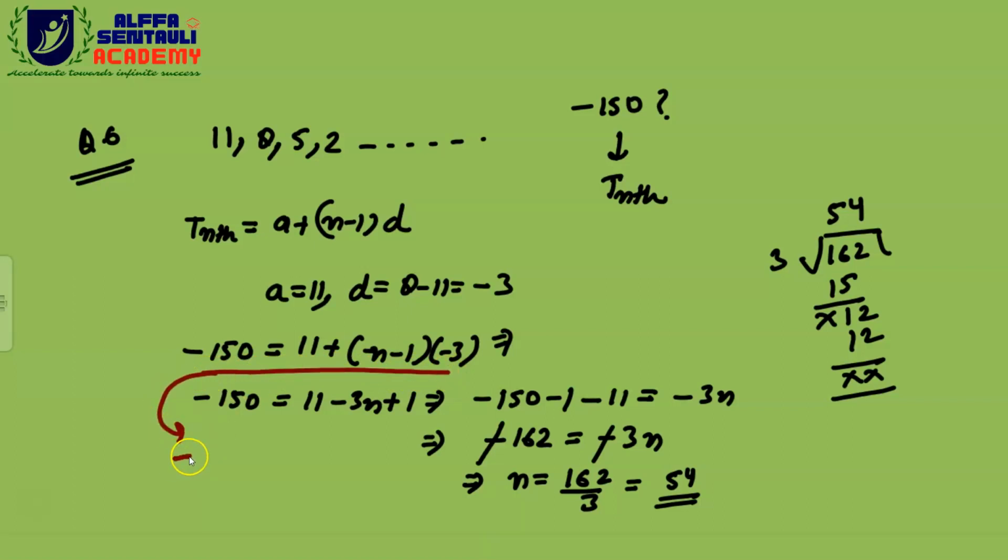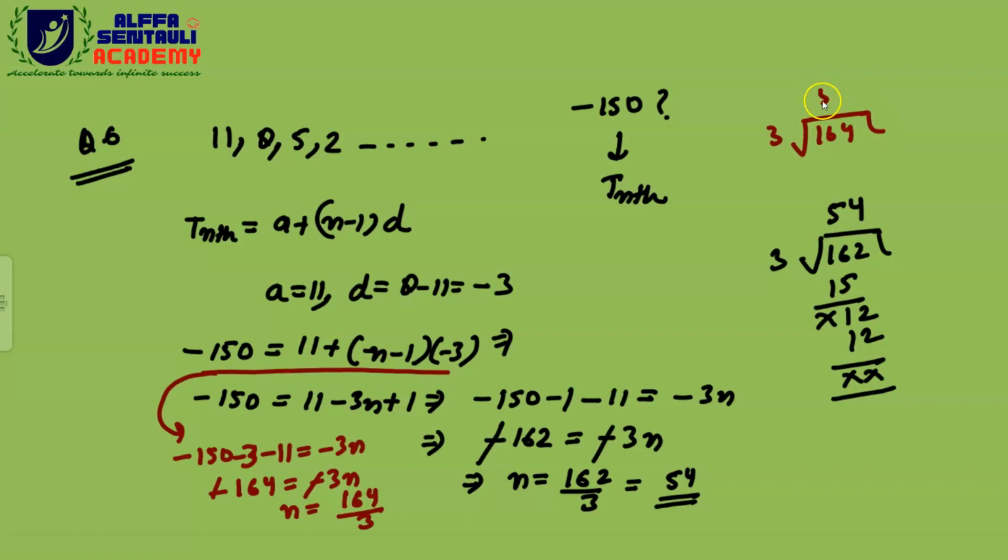This should be minus 50 minus what? Minus 3, correct? And then minus 11, and this should be equal to minus 3, correct? Then this should be equal to minus 164, and this should be equal to minus 3n, correct, beta? Then minus 3 and minus 3 will get cancelled out, and you will get n as 164 divided by 3, correct? Now if you divide, beta, this 164